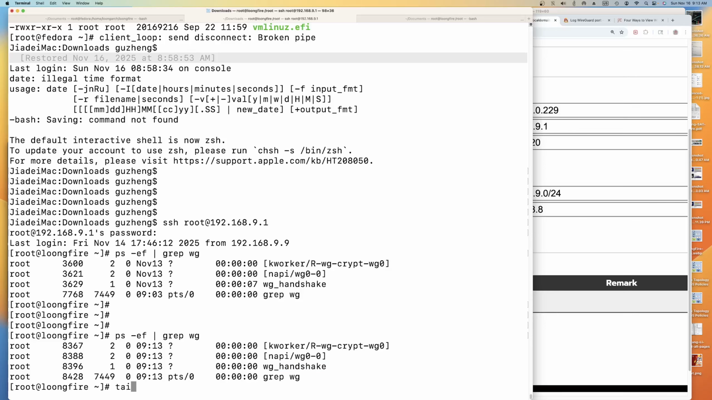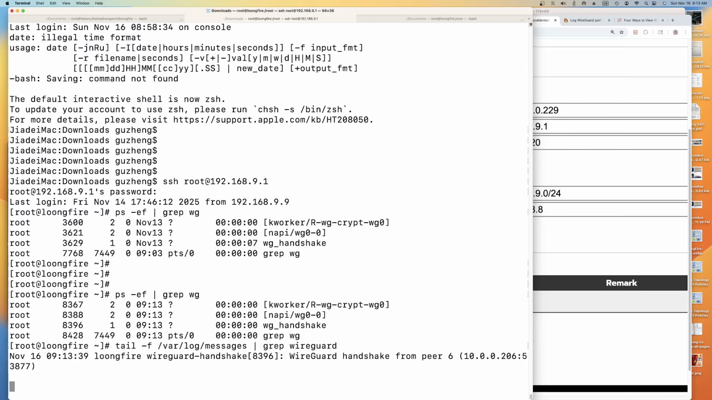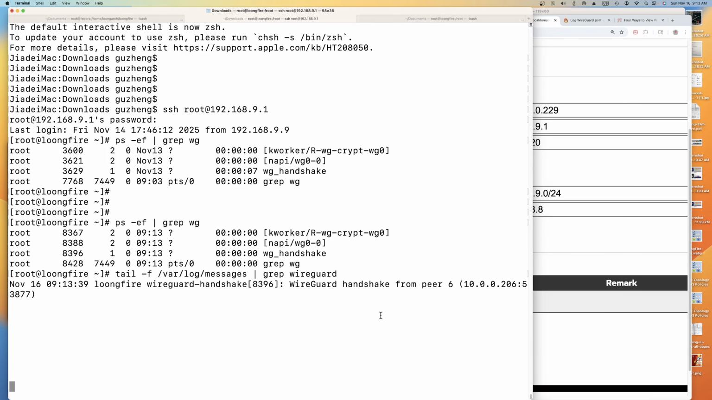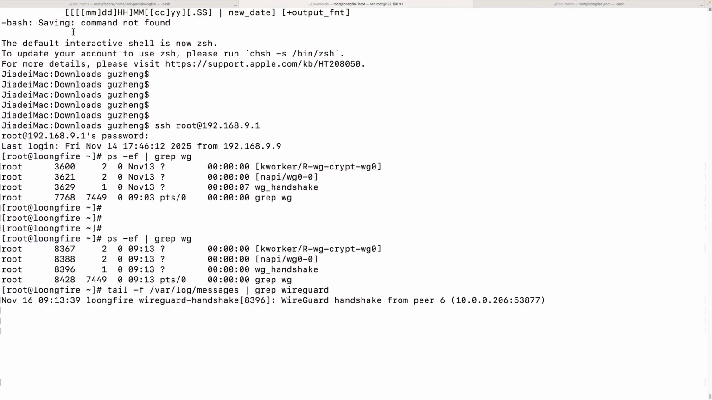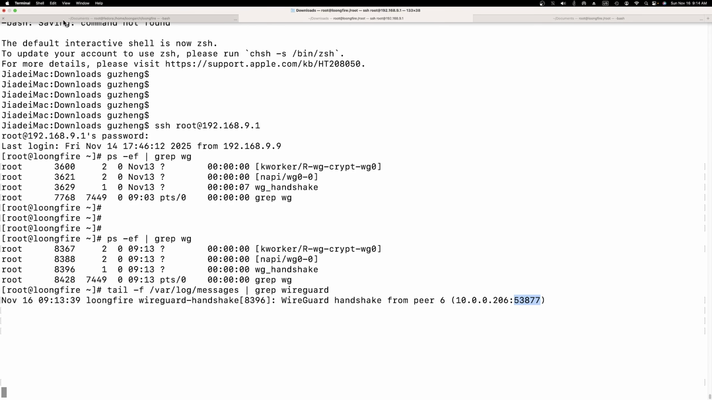Then we can tail this message, grep WireGuard. Let's make it bigger. You will see a log file like here, a log with our WireGuard handshake from peer, and it shows the WireGuard peer IP address and the port, so you can monitor the WireGuard peer activity. For example,